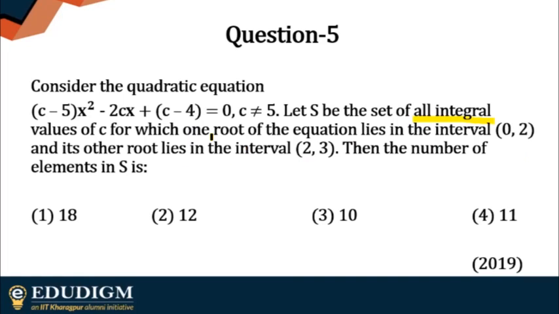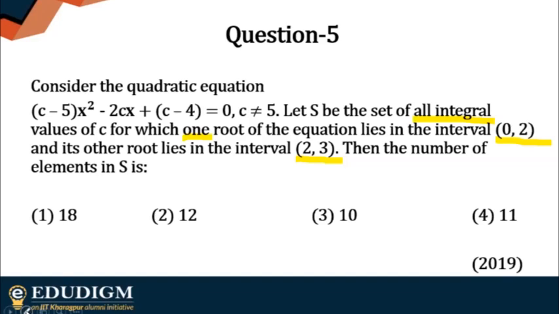So, you have one root in (0, 2), another in (2, 3). So, just try this one out. This is pretty simple if you know how the conditions will be if the positions of the roots are in a certain manner. So if you have forgotten these theory parts, do go ahead and revise them because these are very important. These kind of inequations, position of roots and graphs, and especially signs of quadratic expressions, these are very, very important for competitives. Because I'm sure all of you know how to find out the roots, the sums, and products. But just take care of this one.